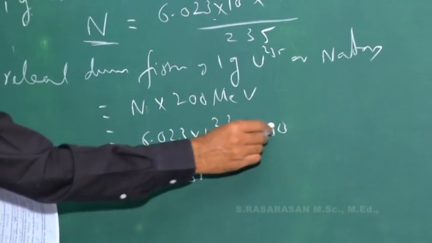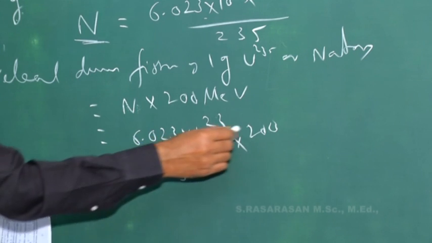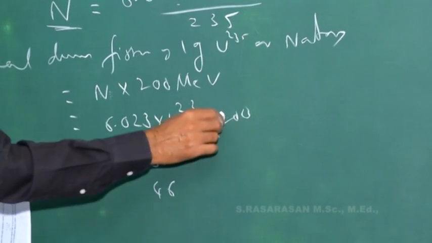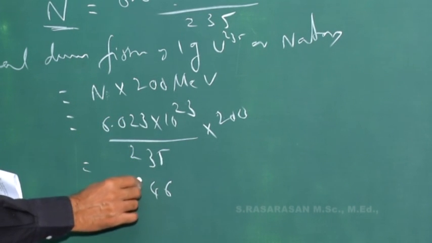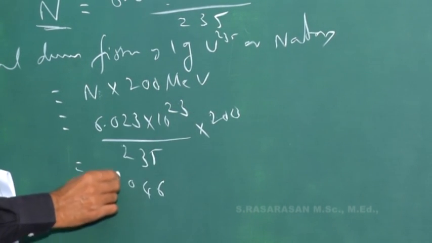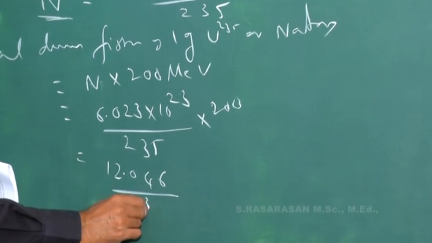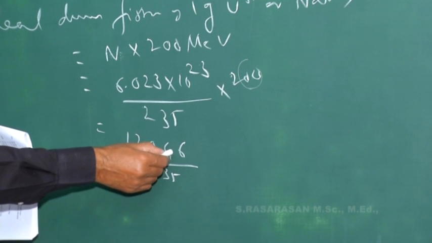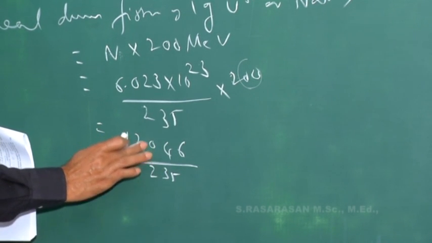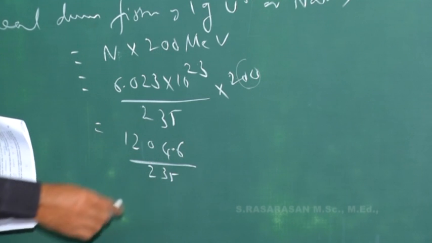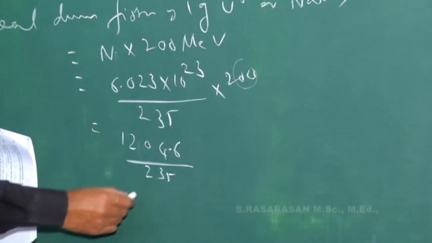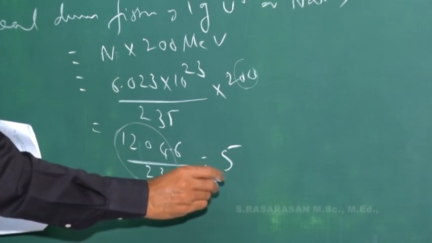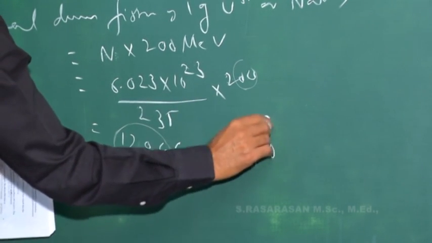Yes, you multiply this one. That is 2 all multiplied: 2 3s are 6, 2 2s are 4, and 2 into 0 is 0, and 6 2s are 12, by 235. And if you put these two zeros here, instead of 12.04 it becomes 1204.6. If you divide this 1204 by 200, it's approximately 5. So 5 into 10 to the power 23